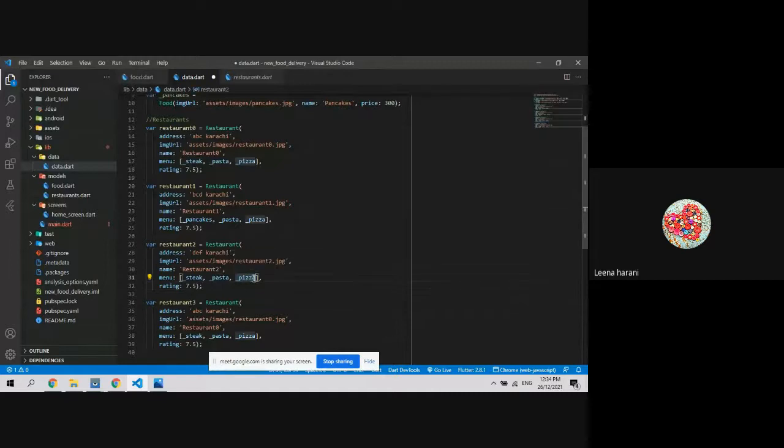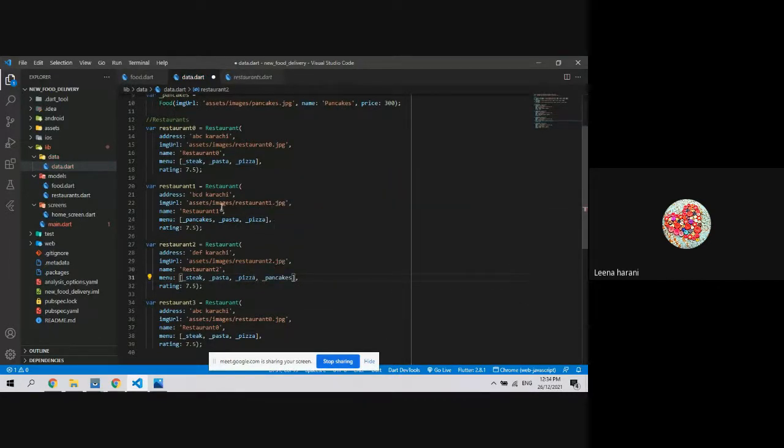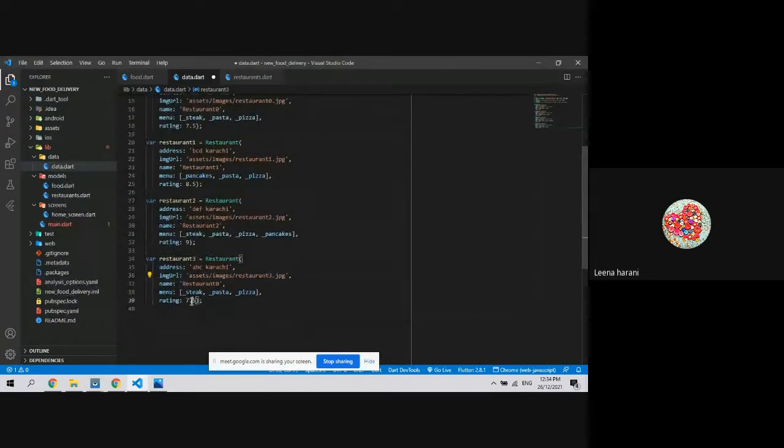Let's add one more here, the pancakes, and let's change the rating as well, 8.5, or you can say an integer value. We can write an integer as well, and let's change this to 3.jpg, and here we can say 6.5. Okay,